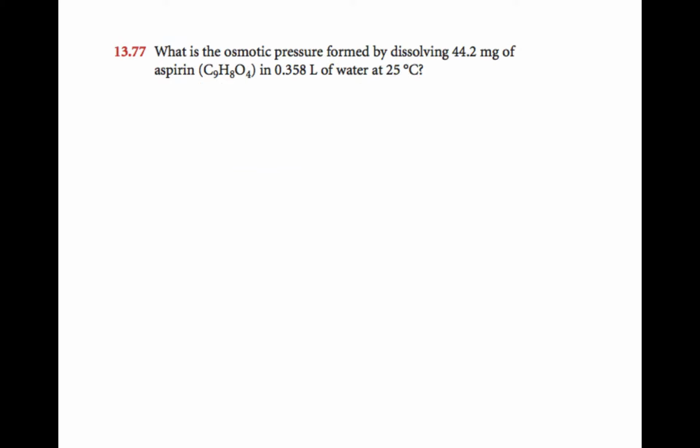What is the osmotic pressure formed by dissolving 44.2 milligrams of aspirin in 0.358 liters of water at 25 degrees Celsius? Osmotic pressure, pi, is equal to the Van't Hoff factor times the molarity of the solution times the gas constant times the temperature in Kelvin. So what is osmotic pressure? Well,